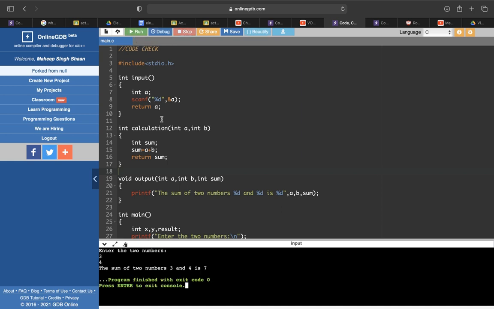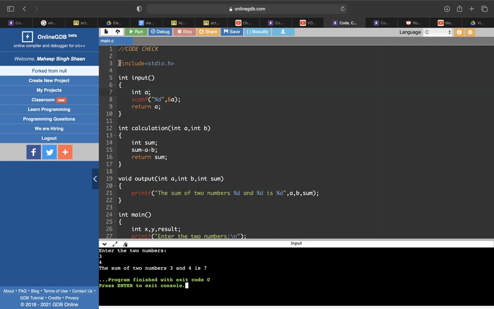So for 3 and 4 I've taken int as my input. I've taken int as my input, and the return type is int. Okay, so the return type is int, so all of these will come in int as my answer. So if I take float, as you saw in the previous code, what will show is 3.00 and 4.00 is 7.00. Now, the logic and everything I'll explain in the other part. Now we are focusing on debug.